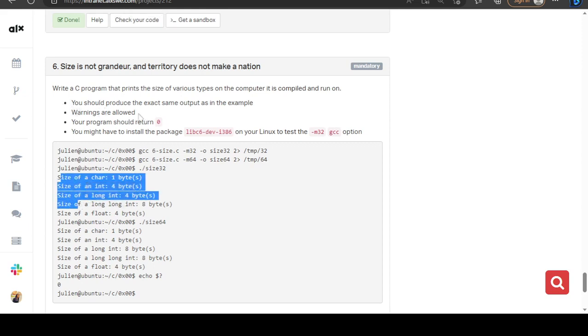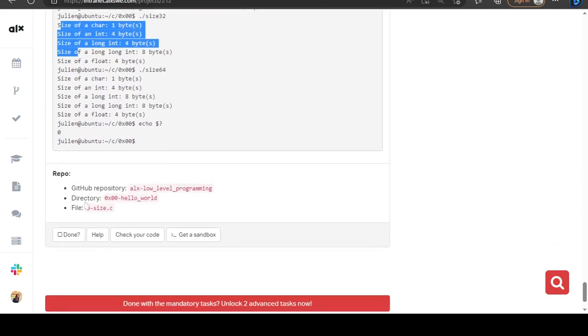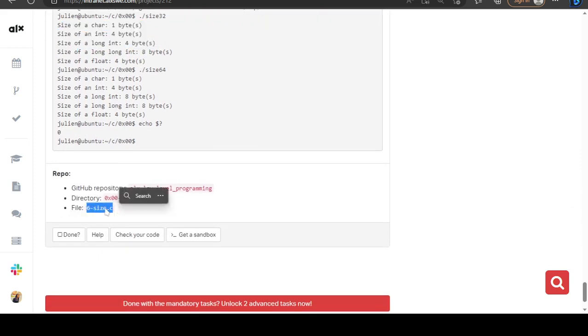Okay, that means that if your code has warnings, the checker will take it. Your program should return 0. You might have to install this package. Now don't worry, I don't think we will need to do this one, but let us continue. So the name of the source code is c6size.c. I will just copy this,